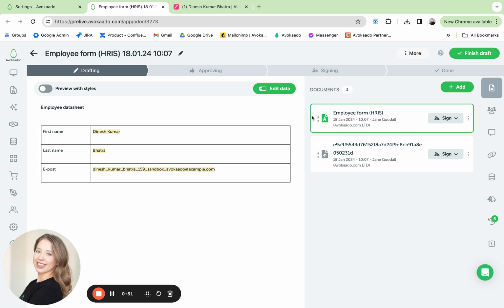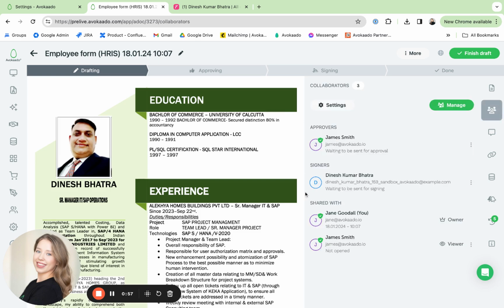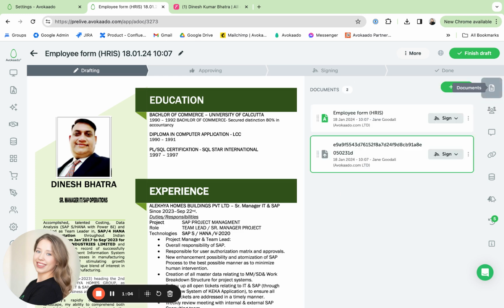So you can see here, here's the generated document, here's the added file that was on the person. Here you can see the collaborators set. And all in all, this is it. You go on based on your own flow, but I'd also like to show you how the updating of the person's status in Teamtailor happens.